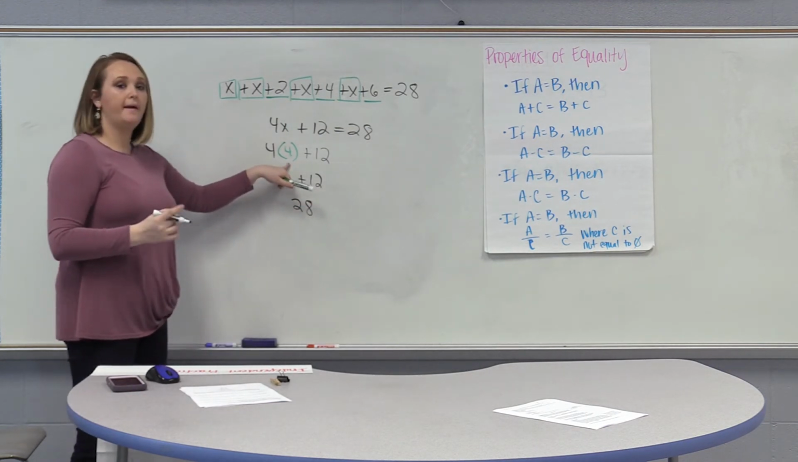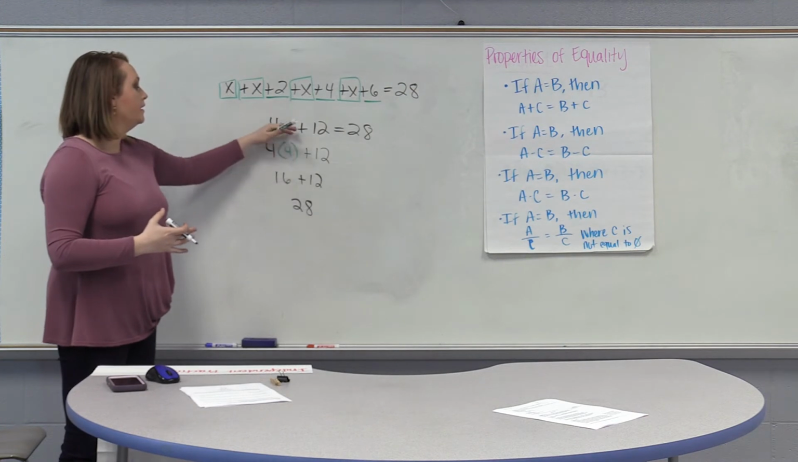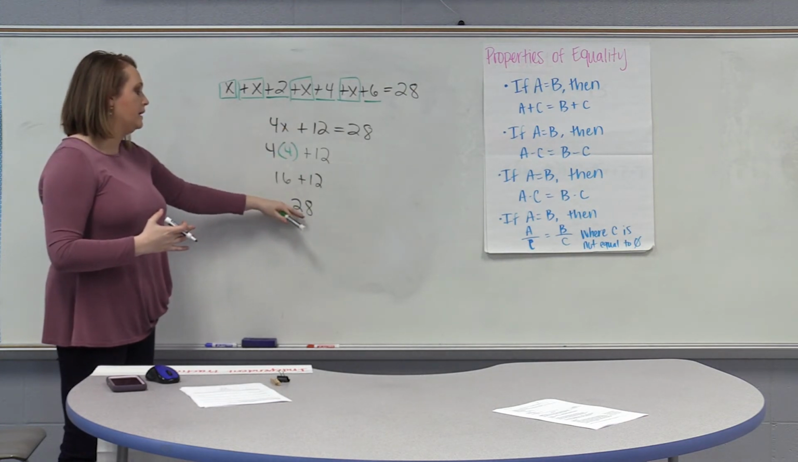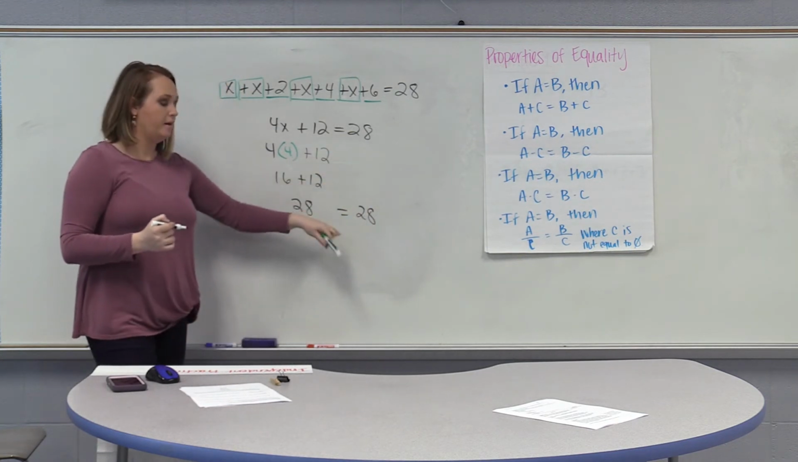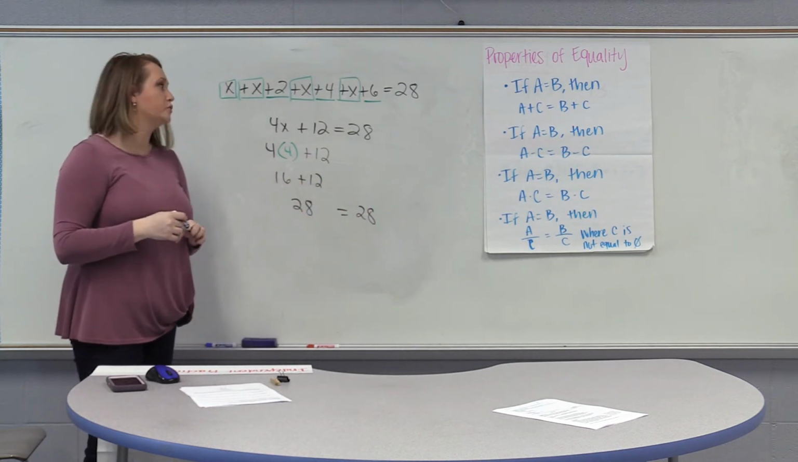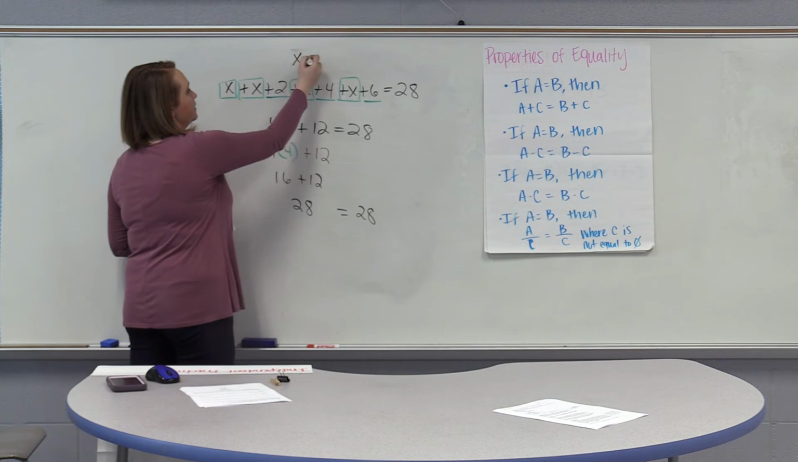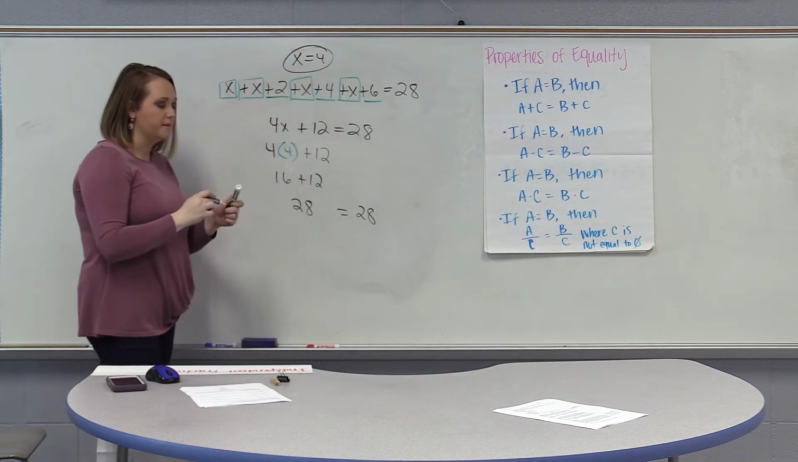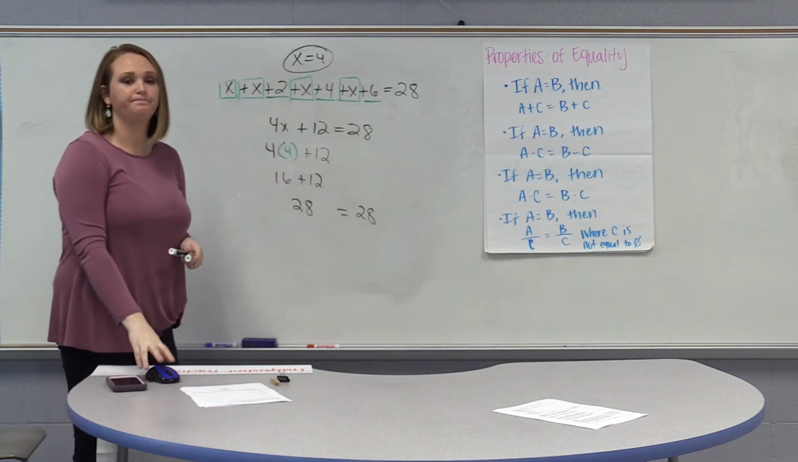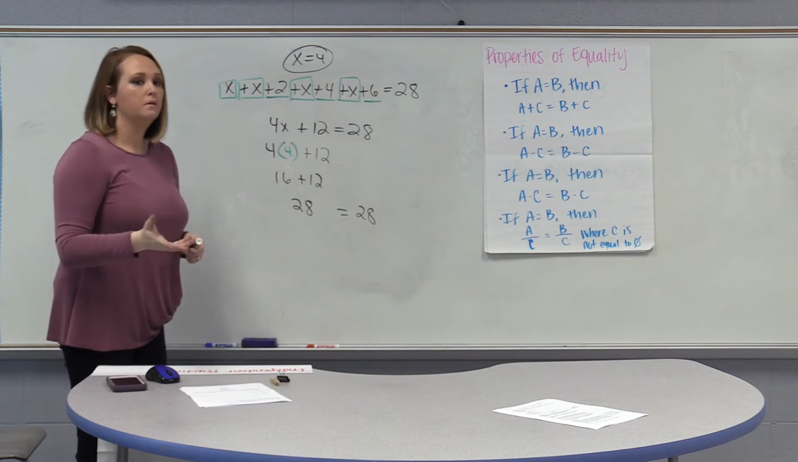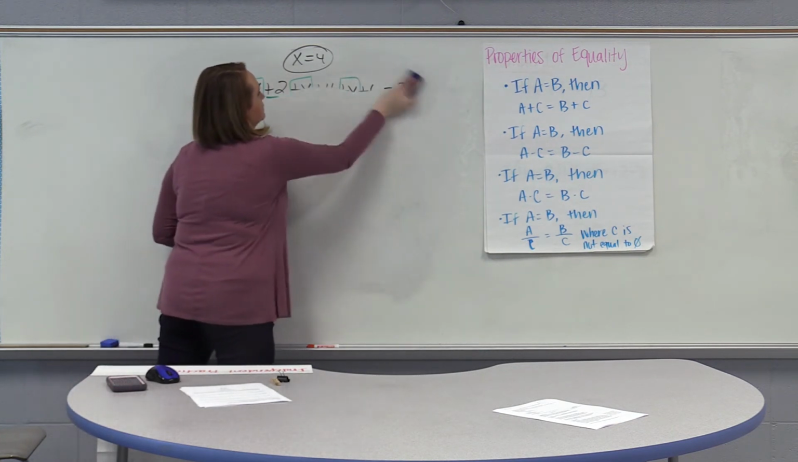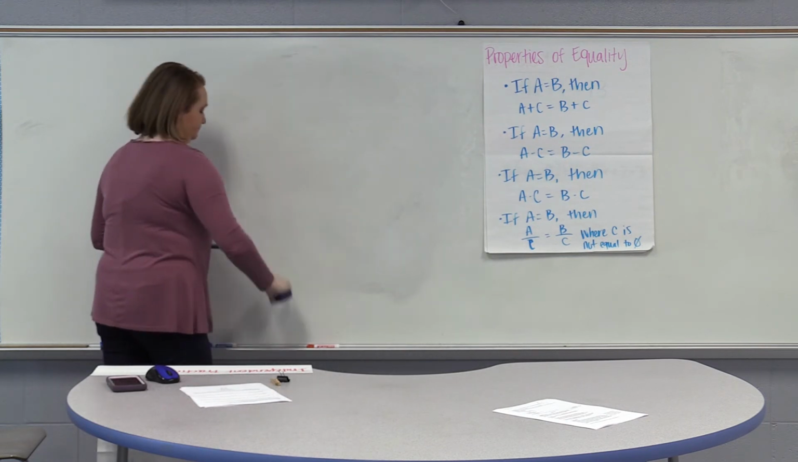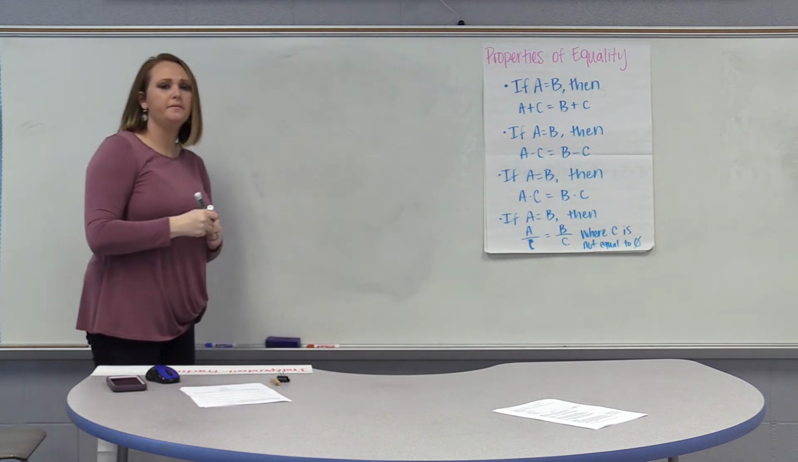So when I plug in that value 4 for x, the left side of the equal sign is equal to 28. And as you can see, the right side of the equal sign is also equal to 28. So that tells me the value 4 satisfies this linear equation. Let's look at another equation. So we have the equation